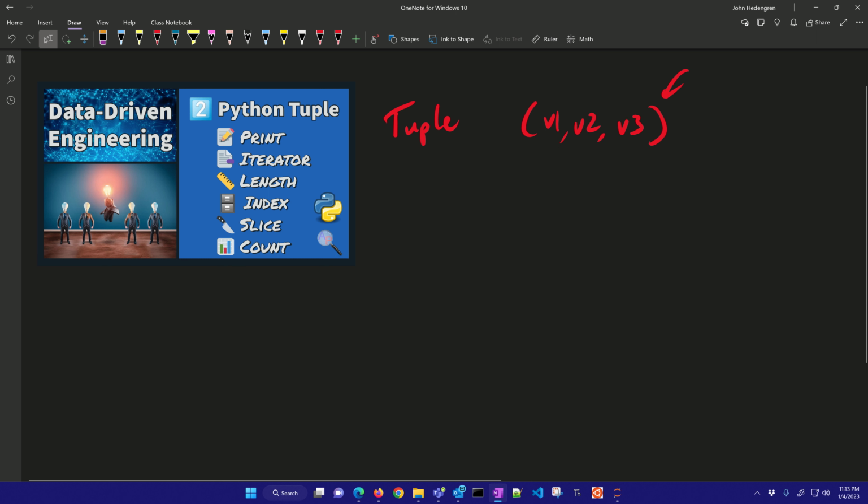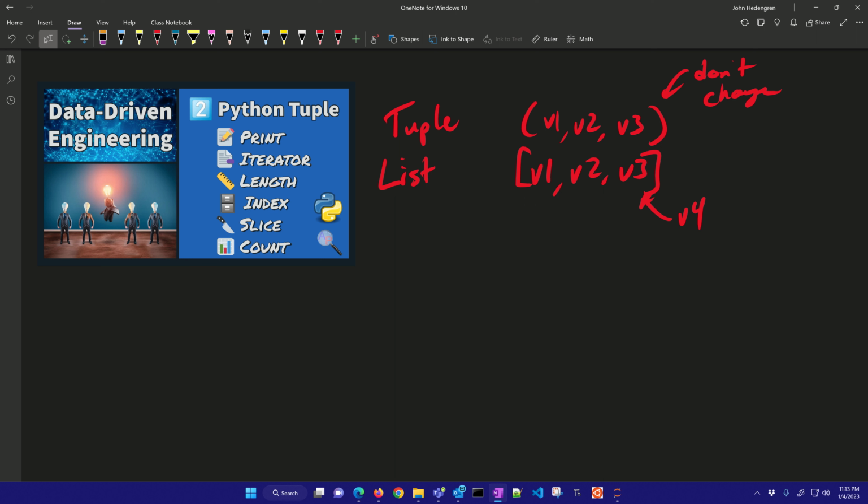to use these parentheses. Now, when we define a list in Python, we're going to use square brackets where we can have different objects or values that we put in there, and these we can change. So these we can insert another value. This one is, we don't typically change it, okay? So tuples are kind of like lists, but they're meant for cases where you create it, but you never want